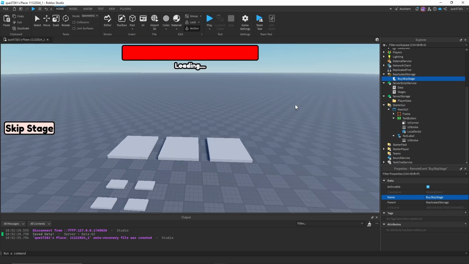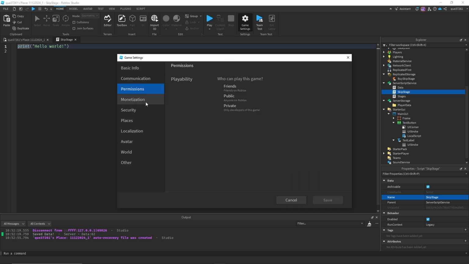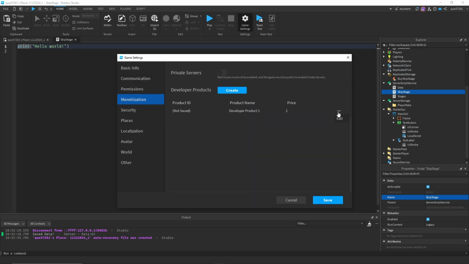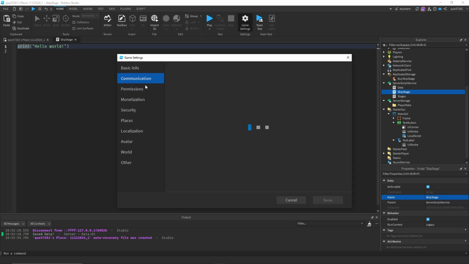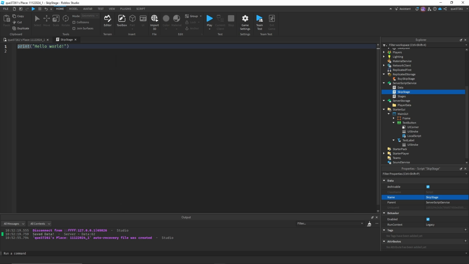And then we'll go over to our server, and the script is going to be the last big one, so we'll just call this skip stage. And then before we do this, we're going to make our developer product, which is right here. We're going to click edit, we'll just call it skip stage, and then you can set the price to whatever you want. And let me grab that ID, so we'll just copy ID to clipboard, and we'll start on the